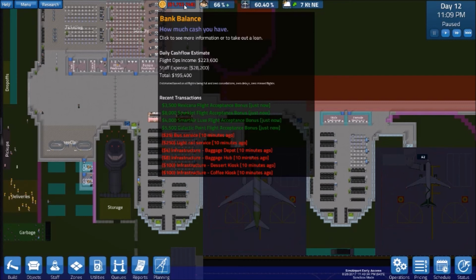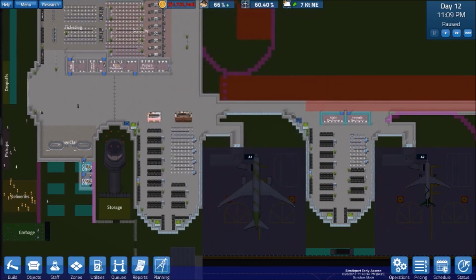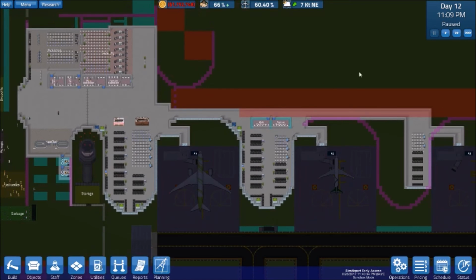Oh, that cash flow estimate's a little off too. That's based on tomorrow. Oh no, I don't want bank loans. Screw that. Okay, all right. So we're gonna get these flights out of here